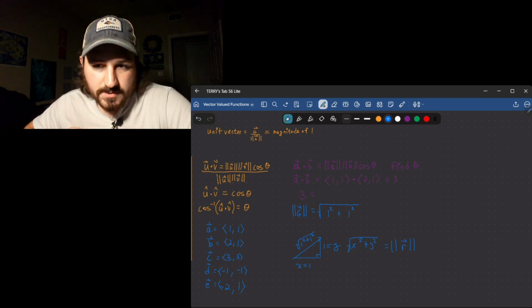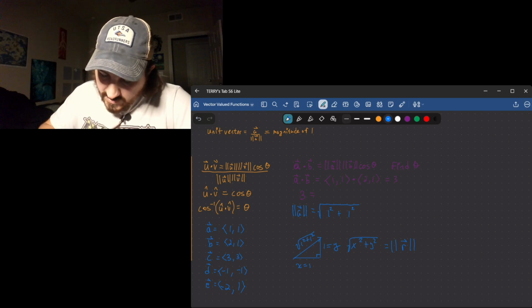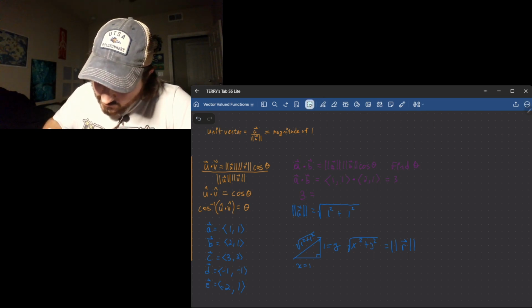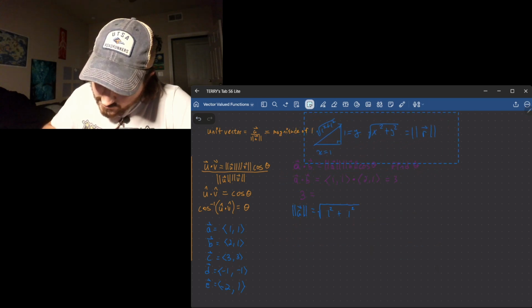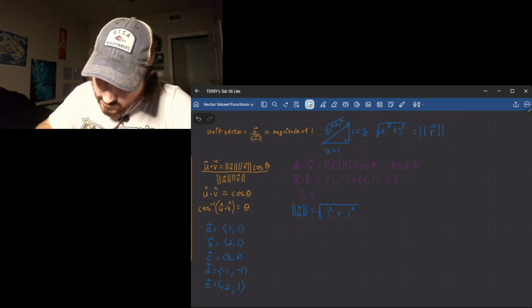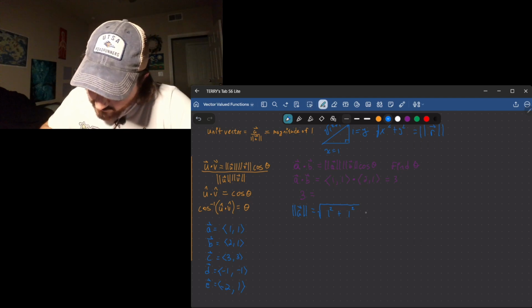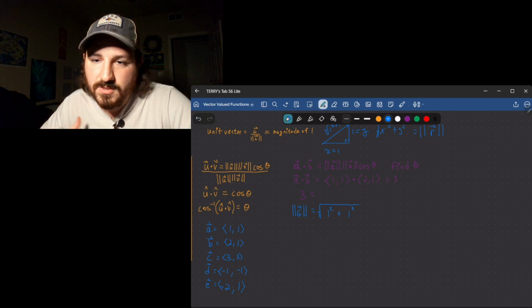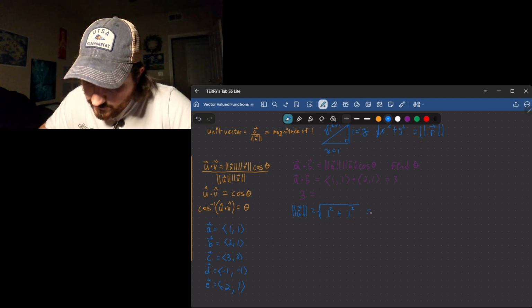It's just our hypotenuse, right? So that's where this magnitude formula comes from. So I'm going to just copy that and put it up here so we don't lose it, just in case. And then now we can just go solve this through real quick. 1 squared plus 1 squared is just going to be 2, so we've got square root of 2 for our magnitude of